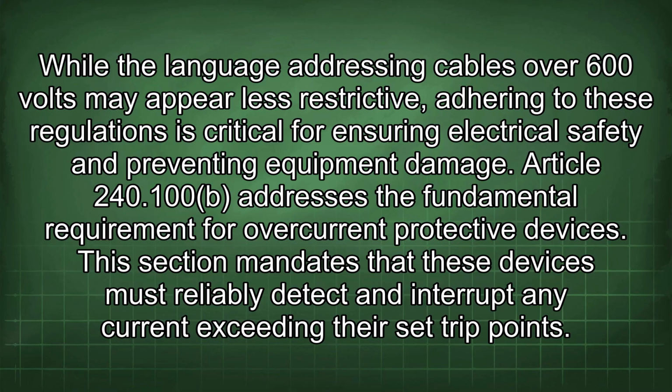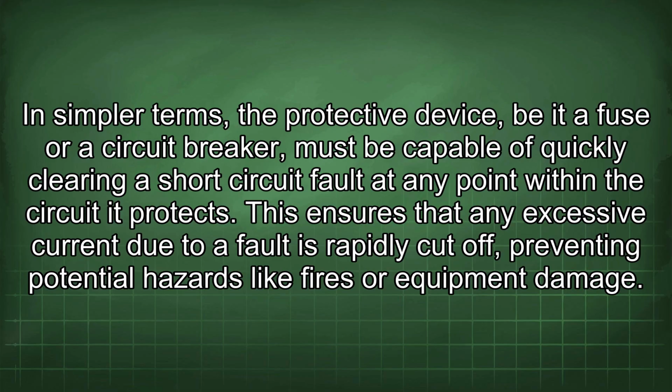Article 240.100 addresses the fundamental requirement for overcurrent protective devices. This section mandates that these devices must reliably detect and interrupt any current exceeding their set trip points. In simpler terms, the protective device, be it a fuse or a circuit breaker, must be capable of quickly clearing a short circuit fault at any point within the circuit it protects. This ensures that any excessive current due to a fault is rapidly cut off, preventing potential hazards like fires or